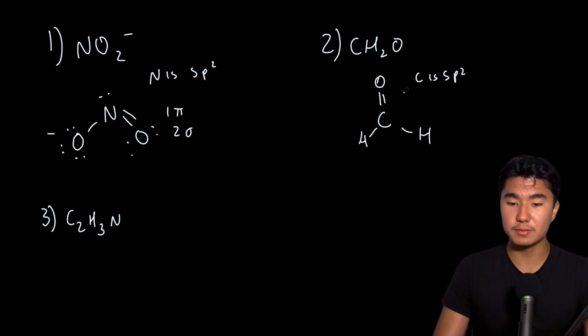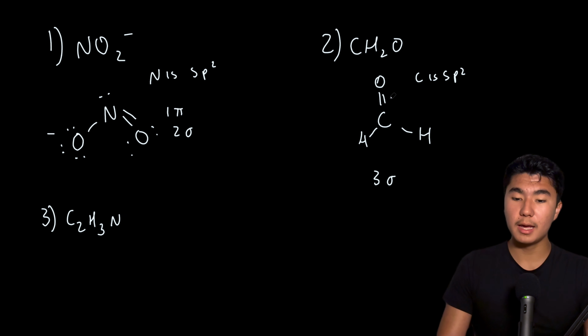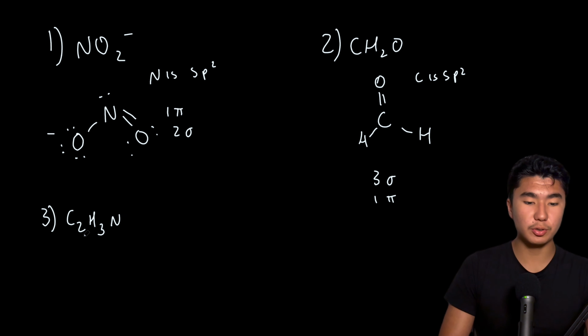And let's see the amount of sigma bonds we have. We have 1, 2, 3. We have 3 bonds in total, so we have 3 sigma bonds, and we have 1 pi bond. Now let's look at this molecule over here,